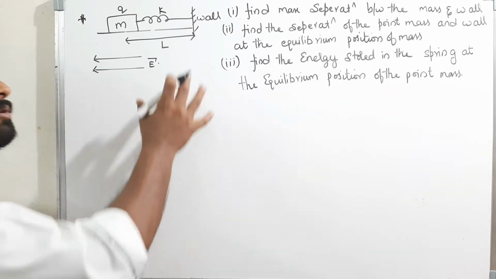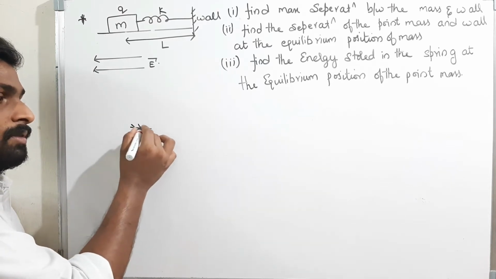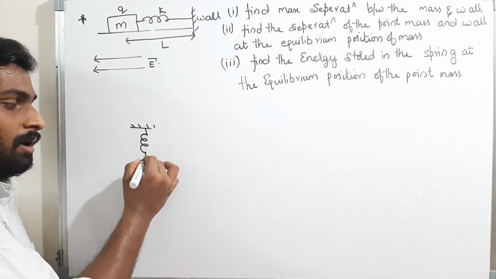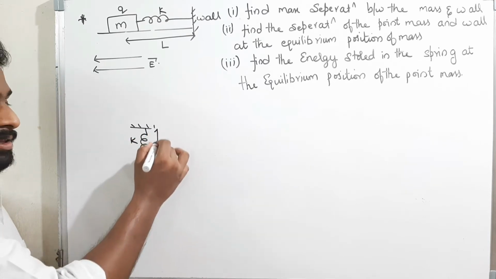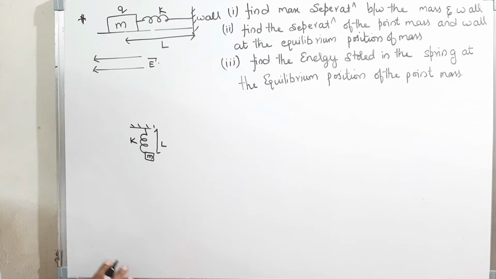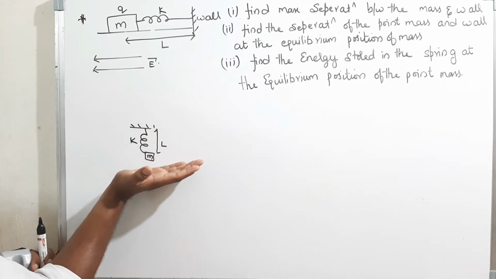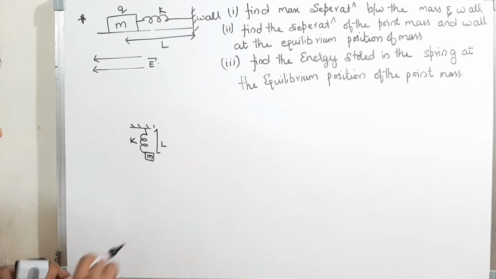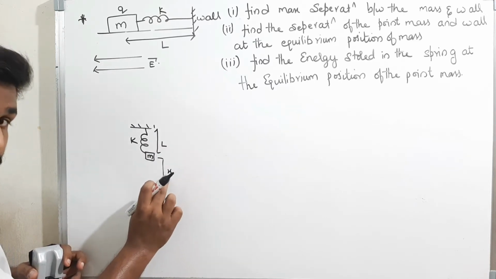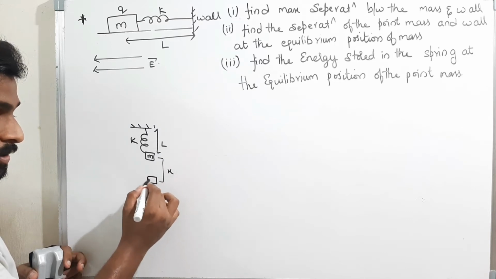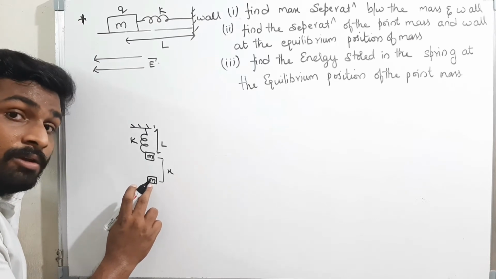Okay, now see here. Before solving this problem, we'll solve a small problem. This is a spring with a block of mass m, spring constant k. The initial length of the spring is L, the natural length is L. Now when I release it slowly, the block will extend by a small displacement, elongation x, and it will stop here. Why will it stop here? Because the body has now become equilibrium.